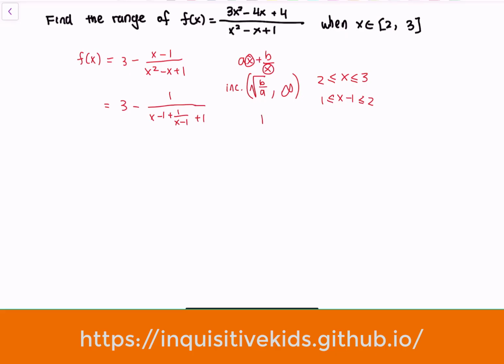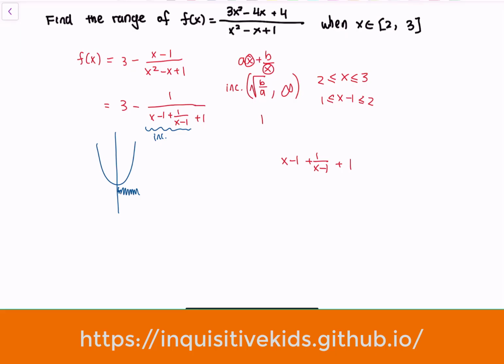And because x minus 1, which is our variable, we can look at it as a whole, is greater or equal to 1, then it means this little part will be on the increasing interval, which is the right side of the minimum value. We also know that this has increasing monotonicity. It means that when x increases, this whole function, which is x minus 1 plus 1 over x minus 1, is also increasing. So now we can know the lower and upper bounds for the values of the whole denominator